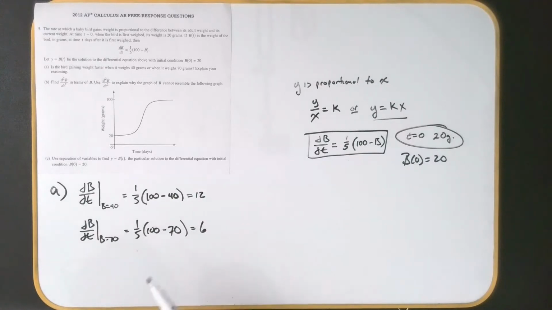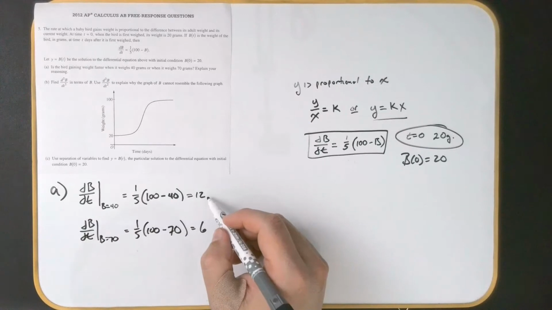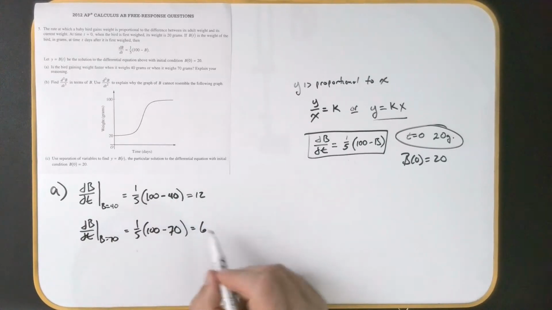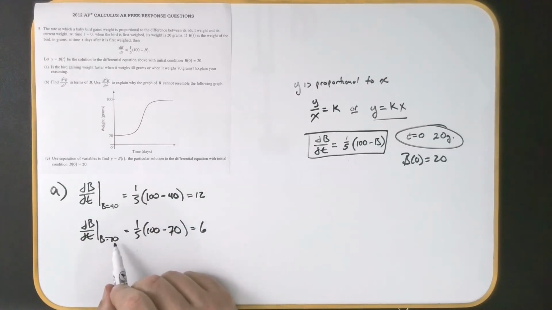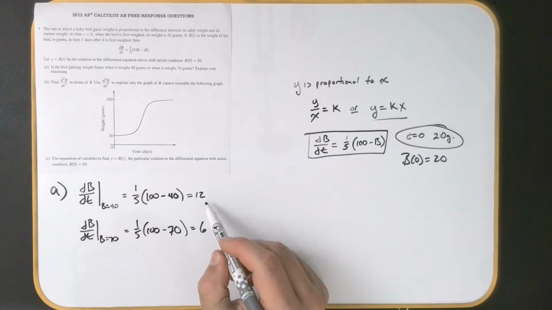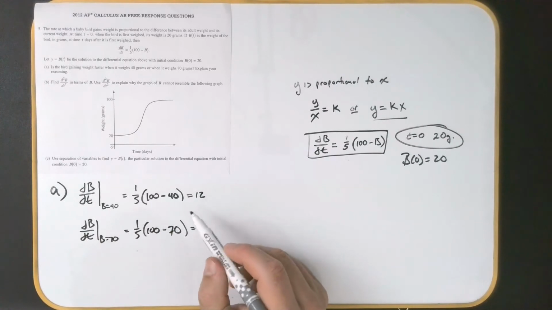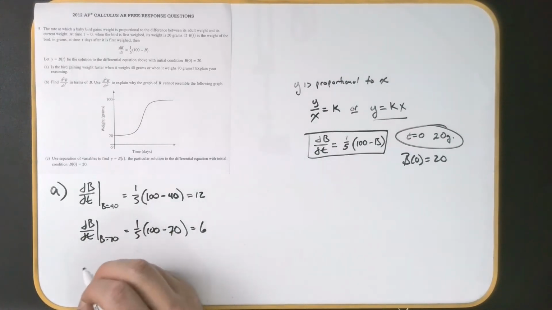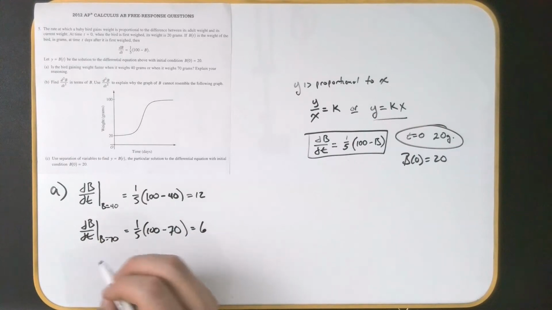So the rate the bird is gaining weight, it looks like here, is 12 grams per day when it weighs 40, and only 6 grams per day when it weighs 70. So when it's a little lighter, its actual rate of gaining weight is faster. And so we would just draw a conclusion, and we would say the